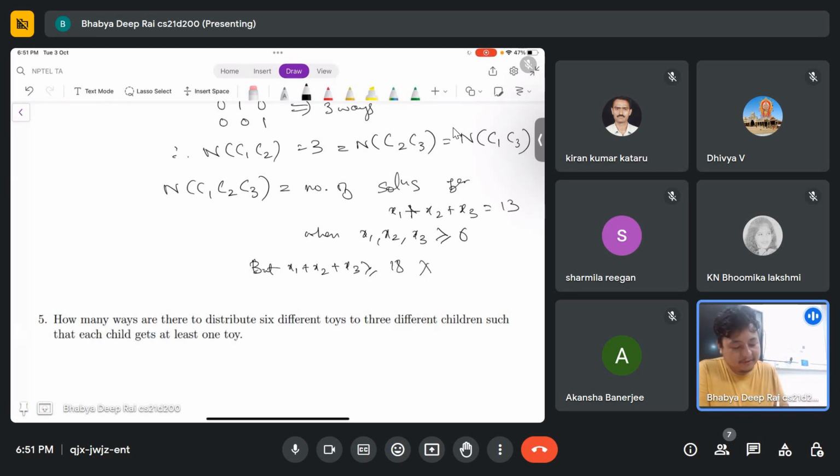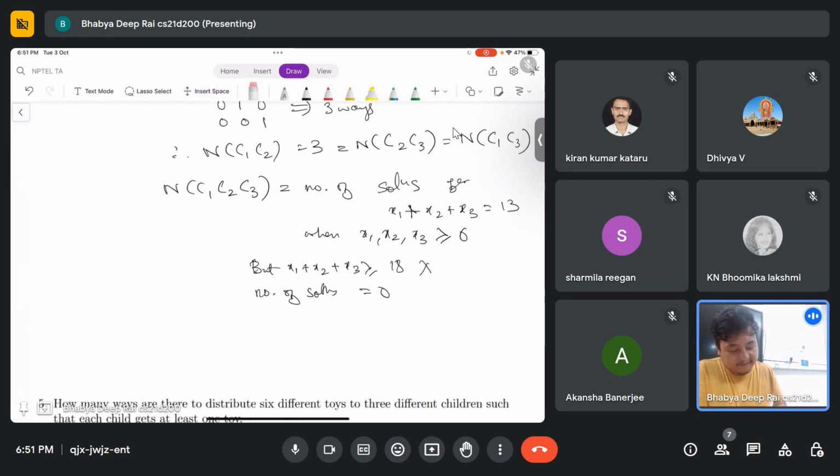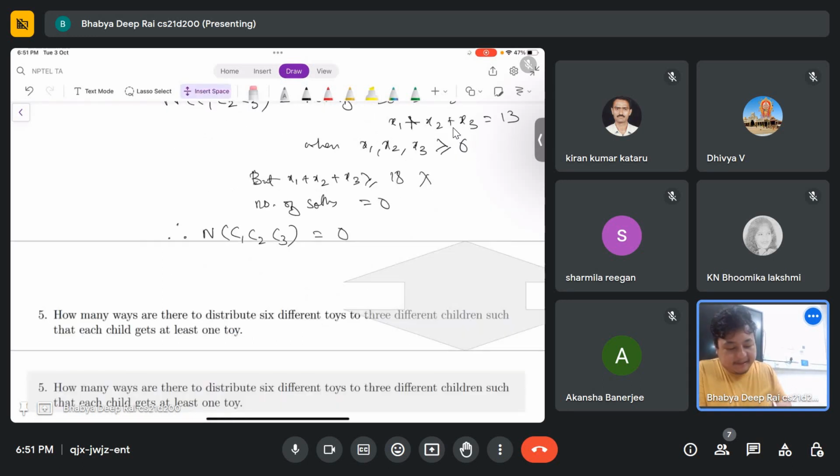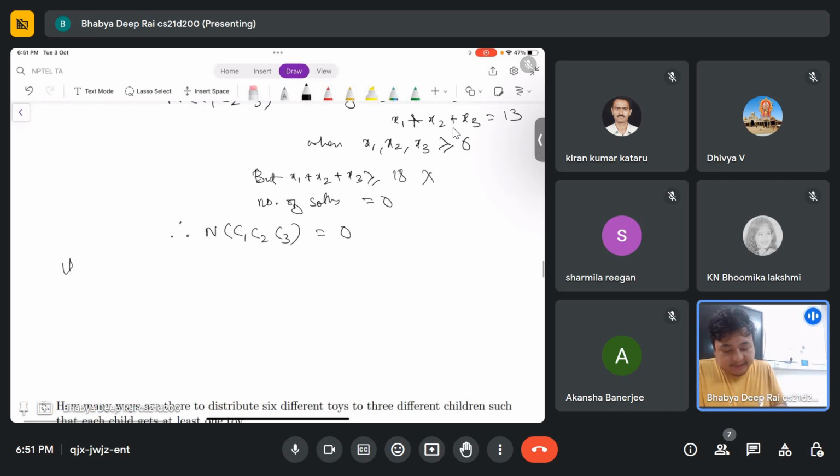So no solution. So the number of solutions equals 0. Therefore, n of C1, C2, C3 equals 0. Okay. And so using PIE, we have that n of C1 bar, C2 bar, C3 bar is equal to n of